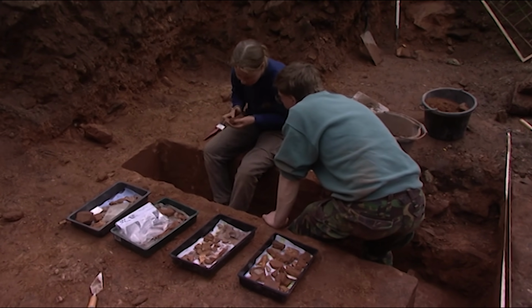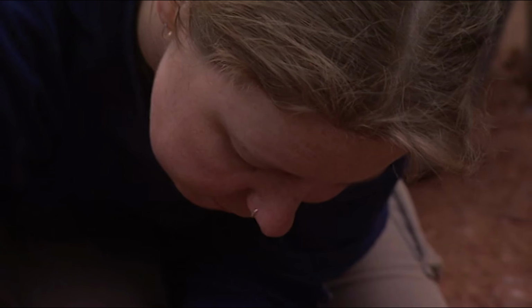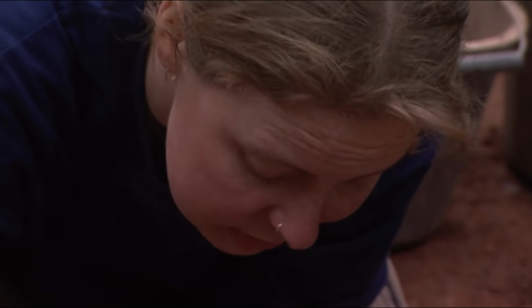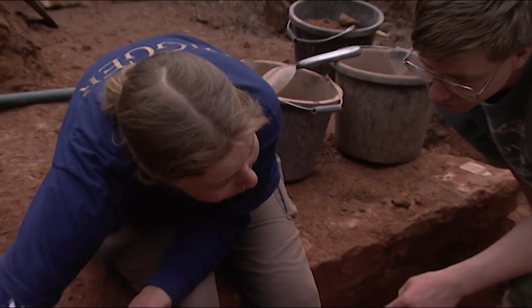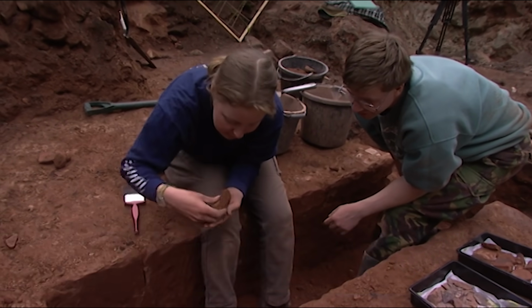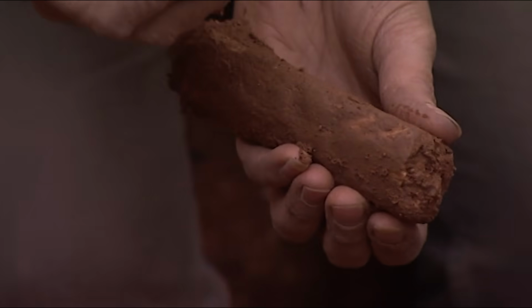We have a bit of somebody's femur. It's not in very good condition, though. So that could have been messed up when the dissolution comes in. Yeah, who knows? I mean, to find a bit of femur at this end of the grave where you would expect to find feet, obviously, suggests that somebody's been in here before us, I think. But just as we're beginning to give up hope...